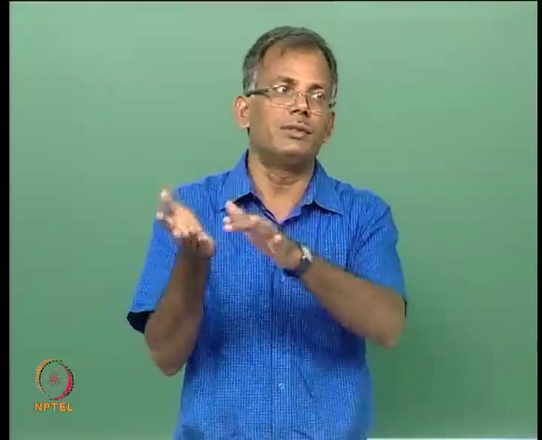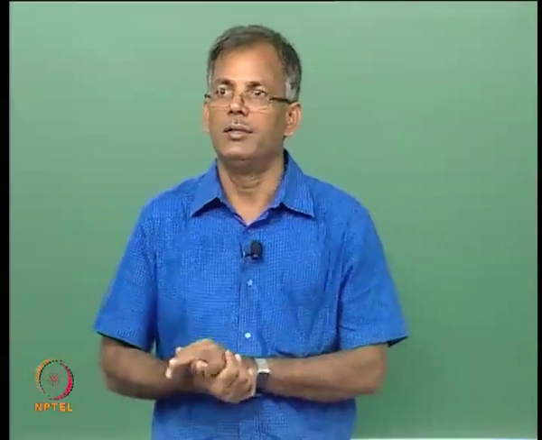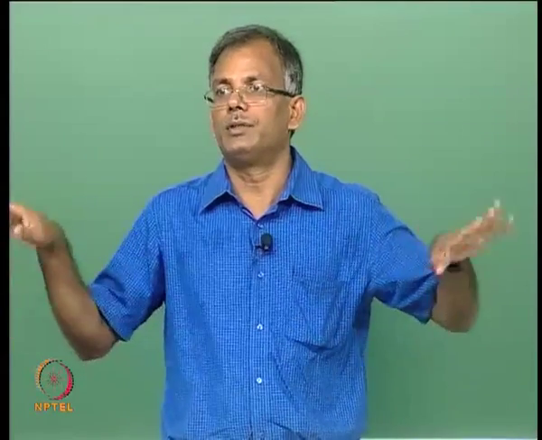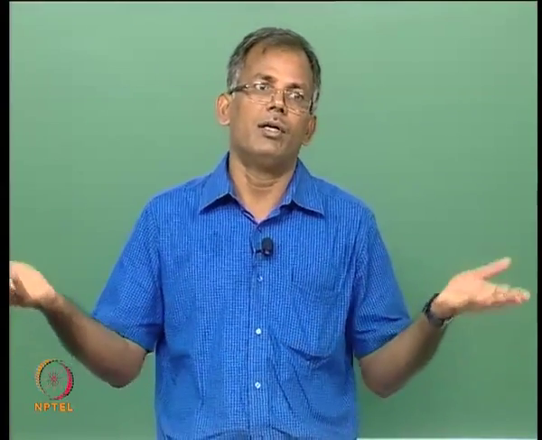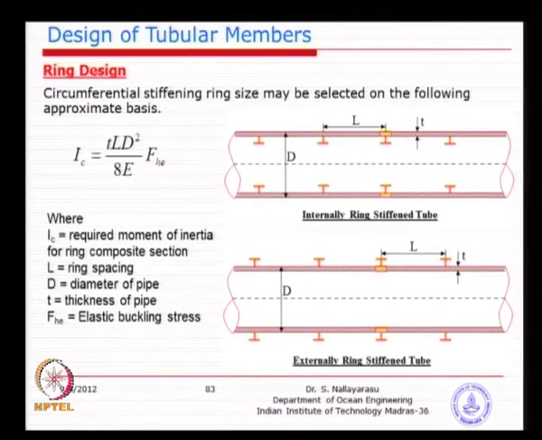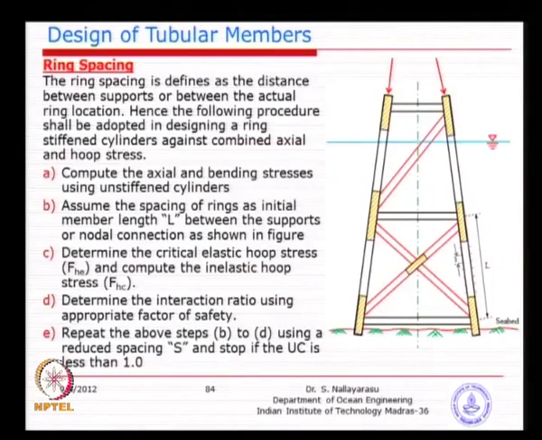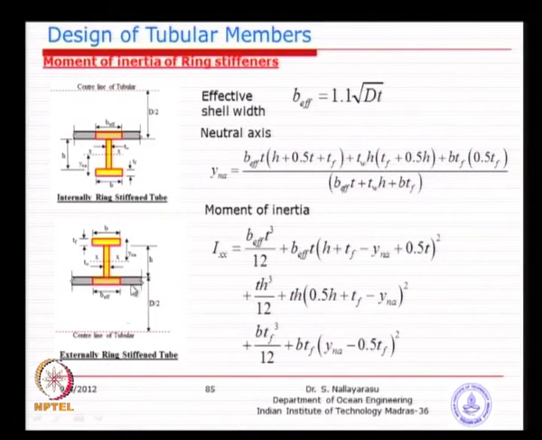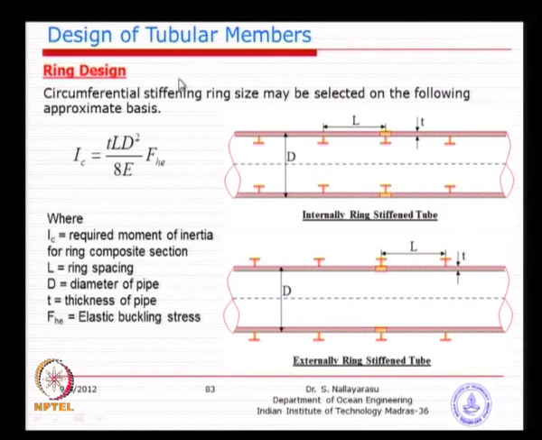So, instead of the ring supporting the tubular, because the rings are very long or wobbly, it will be hanging around and does not help the tubular itself. That is why you need to proportion the ring stiffeners and their moment of inertia according to what is required by the allowable stress that you have calculated previously.